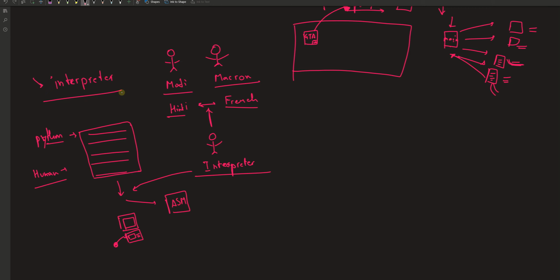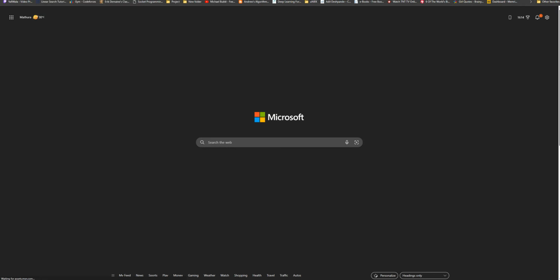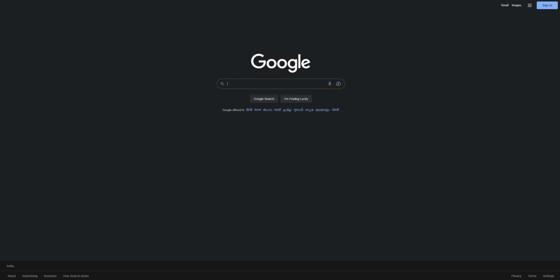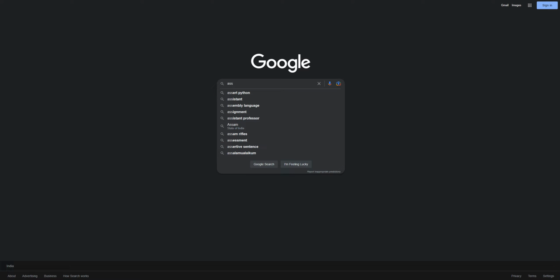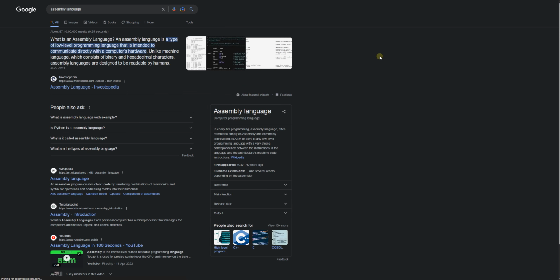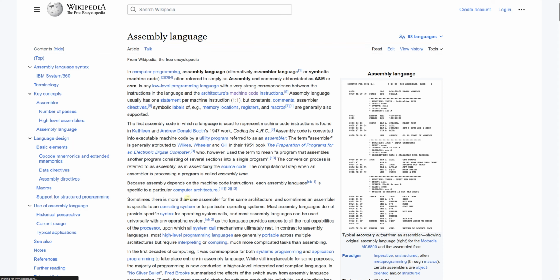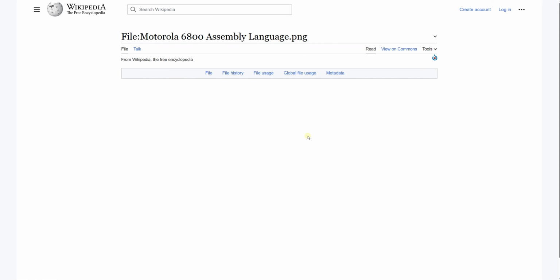How does it look? So this is somewhat what assembly language looks like.